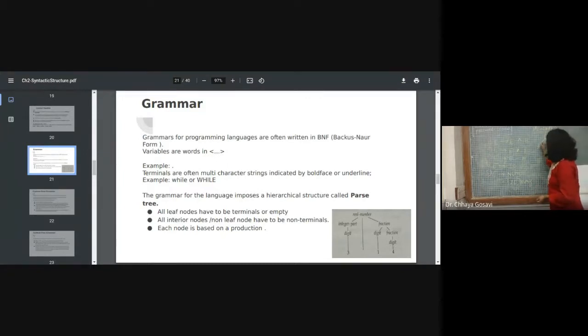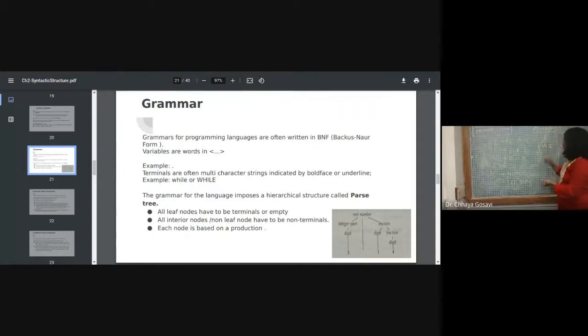Now this E is what? Identifier, or in bracket E. This language has already converted it to identifier, number. So it is matching with this identifier.